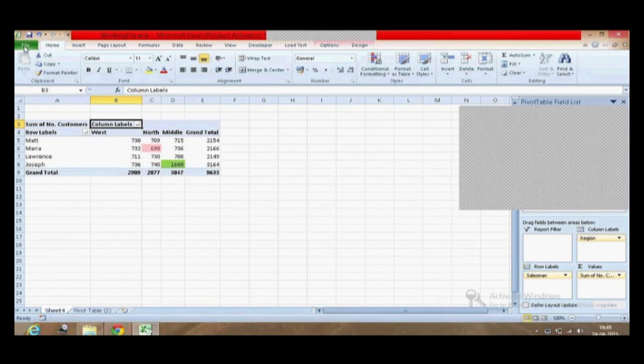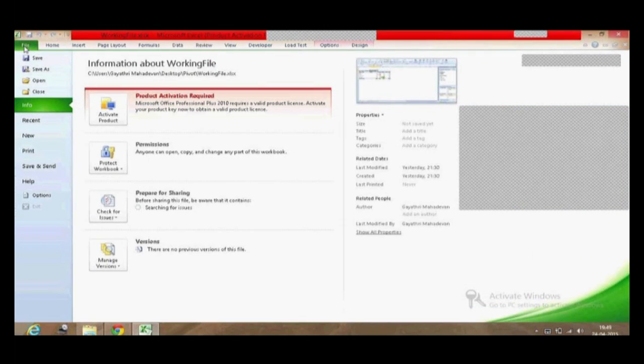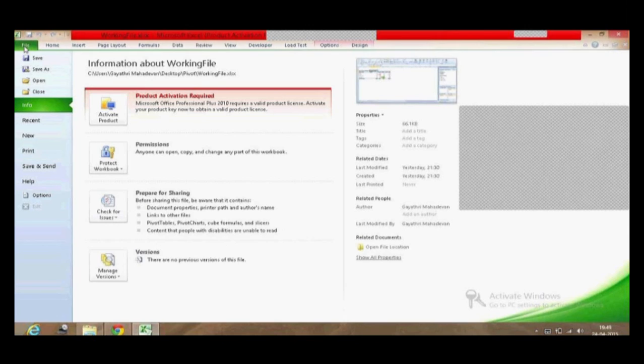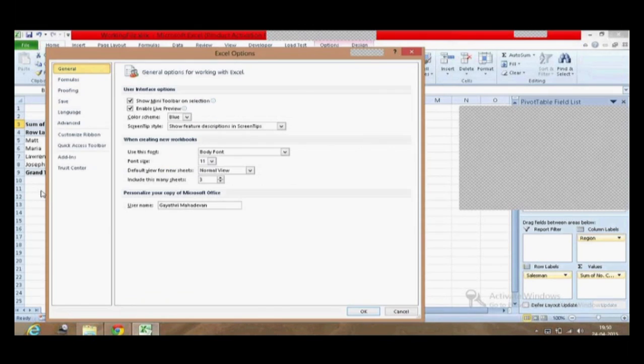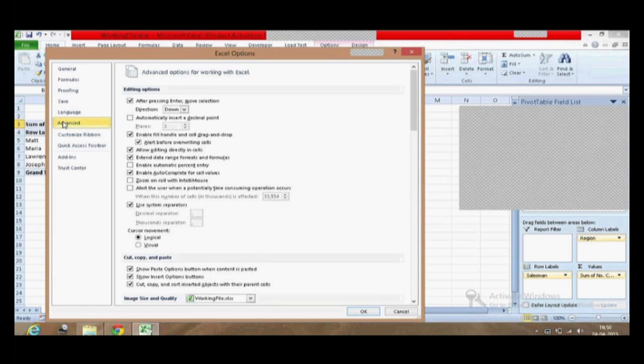When you keep scrolling down a little, you will see Edit Custom Lists. I'm going to repeat for people who have not followed me. File, Options, Advanced, scroll, Edit Custom Lists, and then hit it.